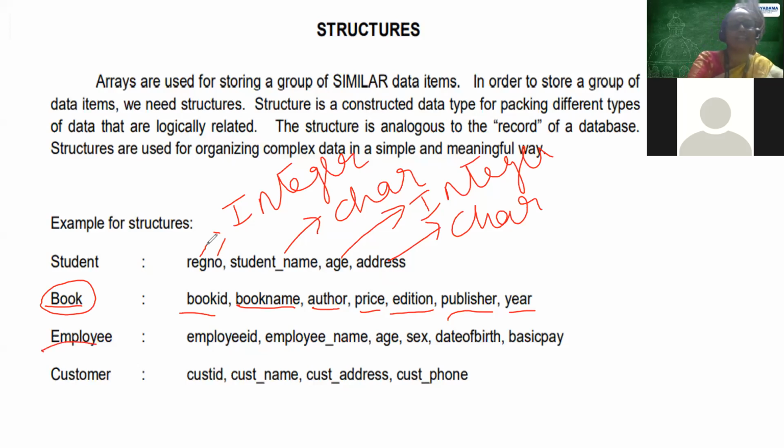Okay, employee means again employee ID, employee name, age, sex, date of birth, basic pay, everything will be included. So that all will be put in a single structure. Customer means customer ID, customer name, customer address, customer phone number. Okay, so these are some examples of structure. So next,